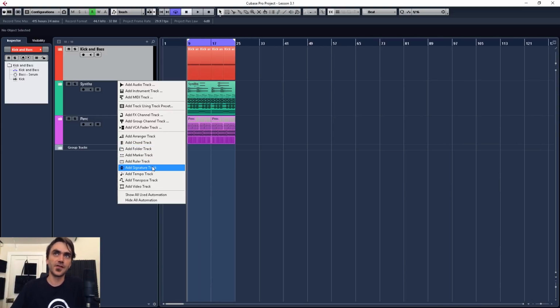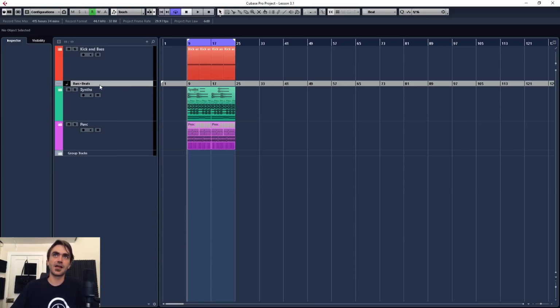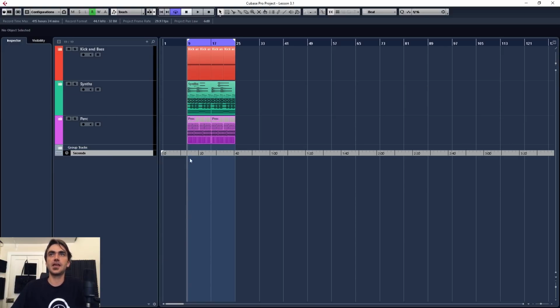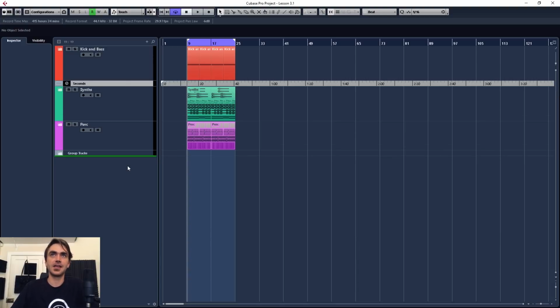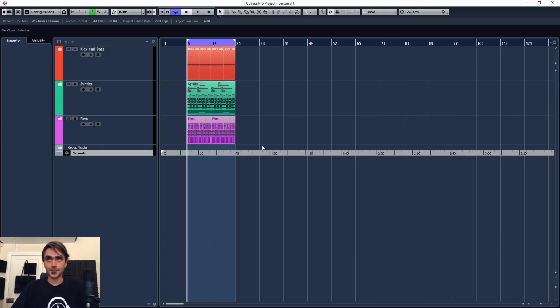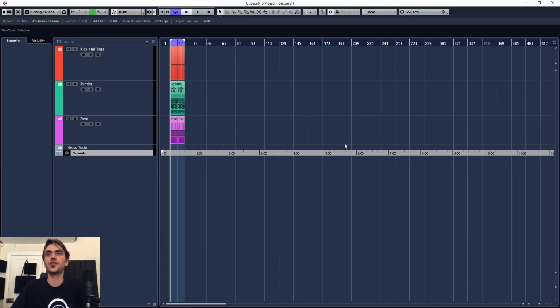Psytrance. So first things first, I like to add this ruler track. And what this does is it creates a sort of timeline which you can put anywhere. I mean, you can drag it anywhere as a regular track. And it creates a timeline that you can use to piece your entire project together once you've got